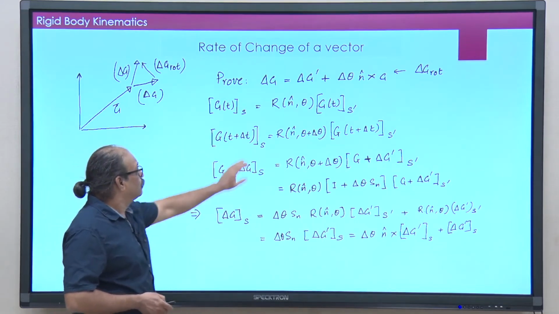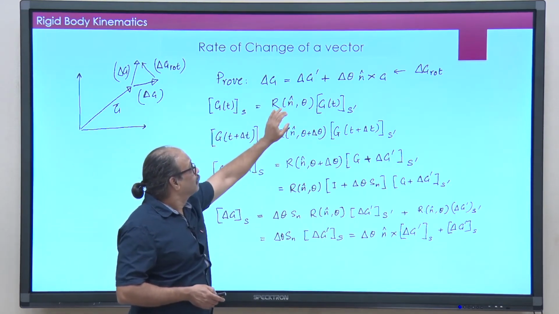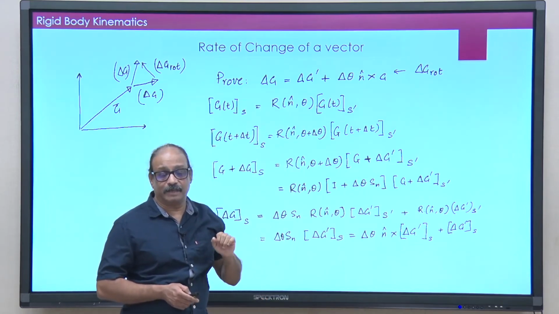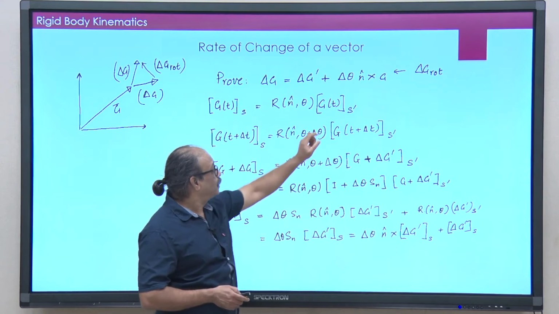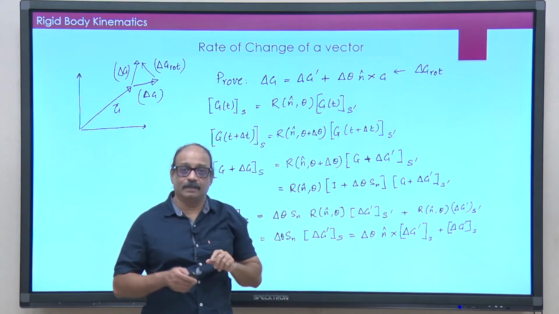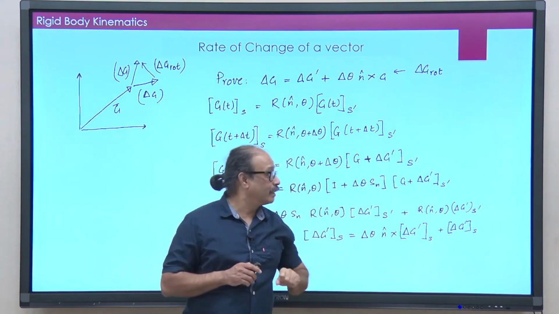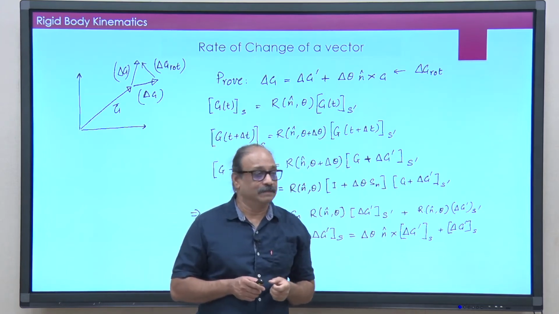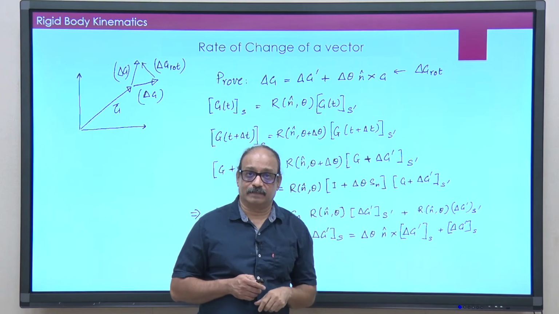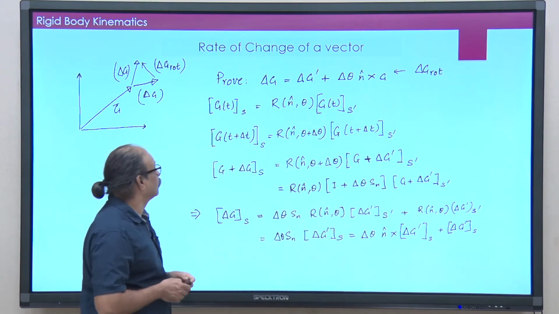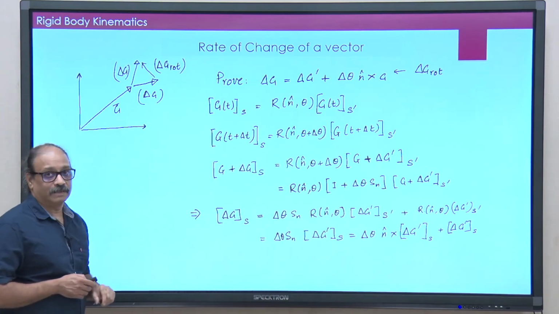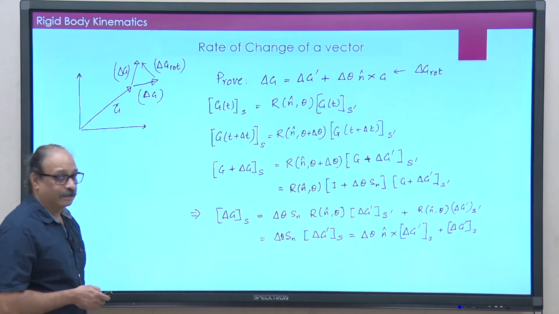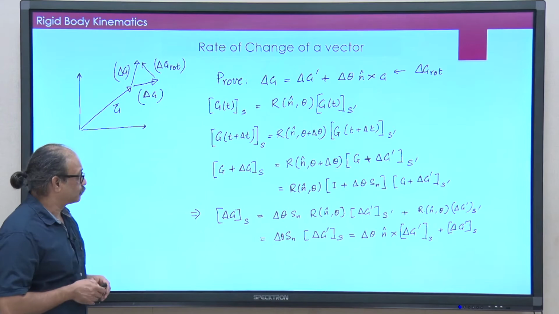And then of course, you can divide by delta t, then you would get dg by dt seen from S, dg by dt seen from S prime plus delta theta by delta t would be your omega times n cap is basically omega vector cross g vector. Okay. So, that is the identity that gives you rate of change of vector when seen from different frames there. Okay. Let us put this to use.